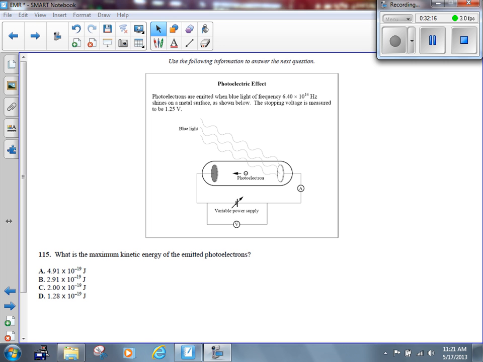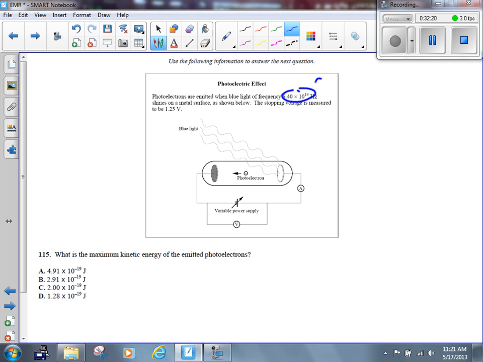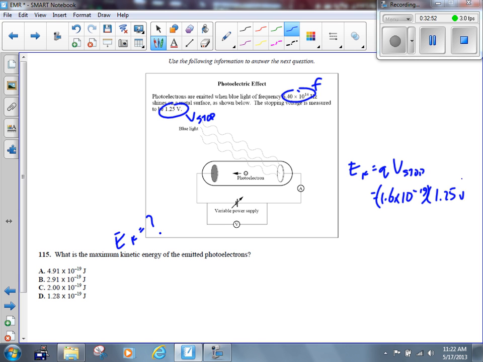And we've got a frequency here of EMR, not a threshold frequency. It's just saying that here's the frequency of the light. We've got a stopping voltage here, or a stopping potential. And we're working for the maximum kinetic energy here. We've got 4 equations. The simplest equation to use here is simply EK is equal to q times V stop. Don't overlook the obvious, okay? You know what the charge is. You know what the stopping voltage is. You multiply 1.6 times 10 to the minus 19 times the stopping potential of 1.25 volts, and we end up getting C. All right, let's try the next one here.